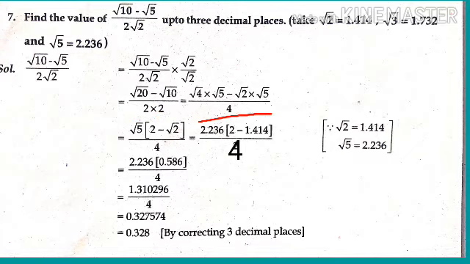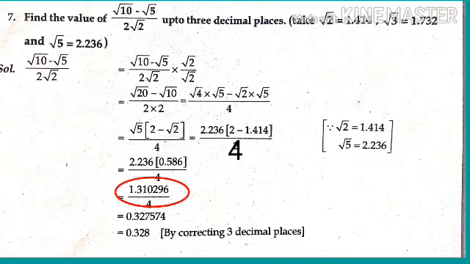We can write root 4 into root 5 minus, we can write root 10 as root 2 into root 5, by 4. Here in the numerator part, root 5 separate, root 5 into 2 minus root 2 by 4. That is equal to, substitute the values of root 5 and root 2 in the numerator place. 2.236 into 2 minus 1.414 by 4. That is equal to 2.236 into, subtract 1.414 from 2, we get 0.586 by 4.